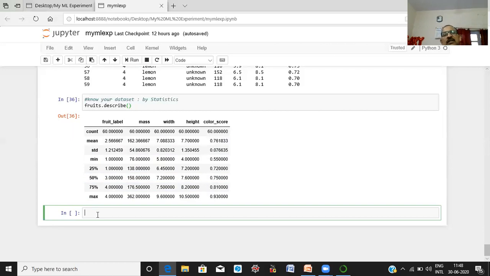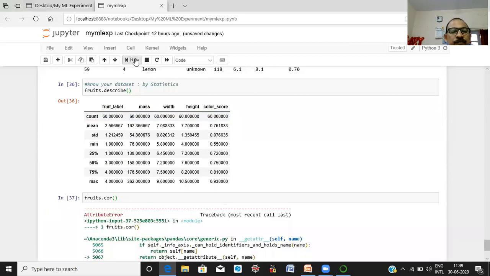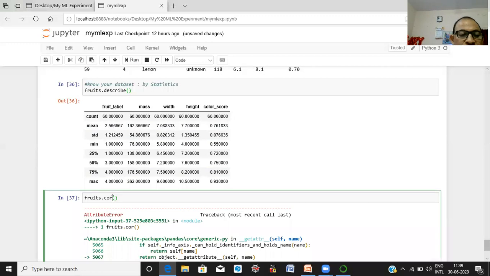Now, the next command is the covariance command, cov.